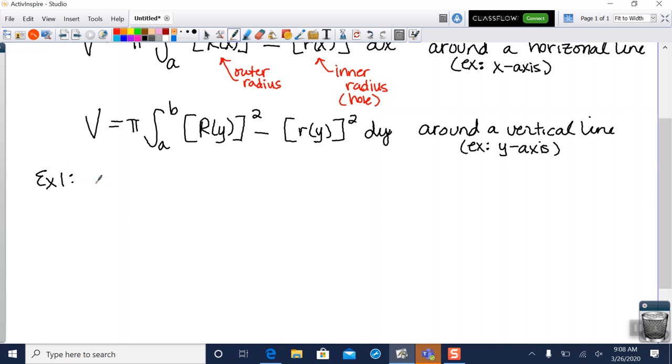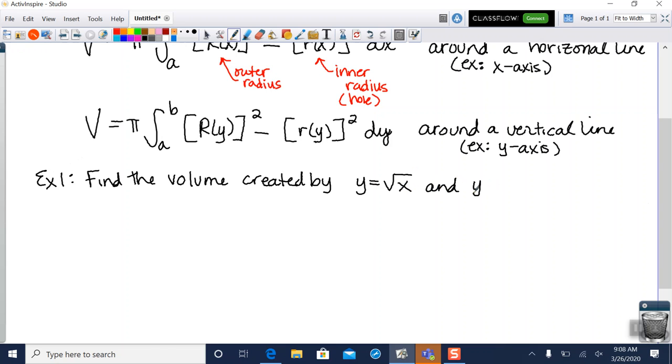Our first example is that we want to find the volume created by y equals the square root of x and y equals x squared around the x-axis. See if I can squeeze that in there. Okay, so